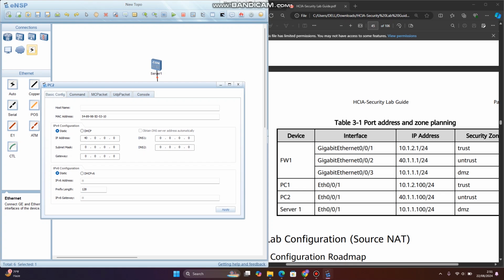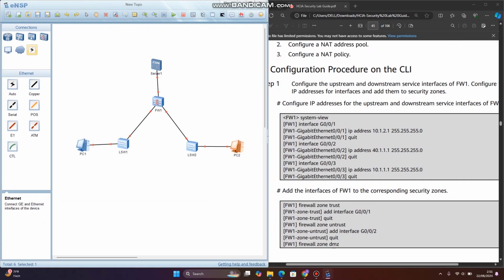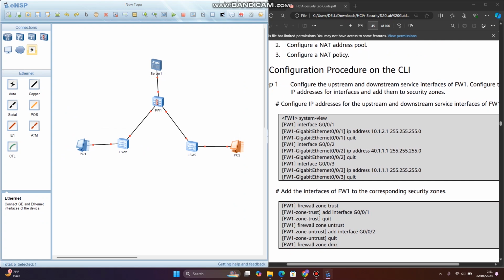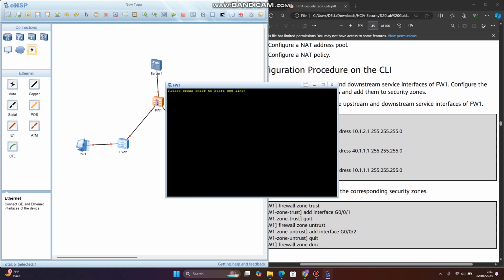40.1.1.100. Okay, great. And now the subnet mask is also 255.255.255. For the gateway, it is gonna be 40.1.1.1. Great. You're gonna apply this, and then we're gonna scroll through, and we configure the IP address for the upstream and downstream service interface of firewall 1. Okay, so we're gonna use firewall 1, but first we need to